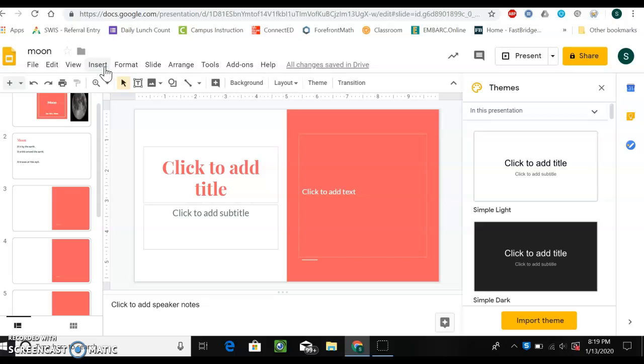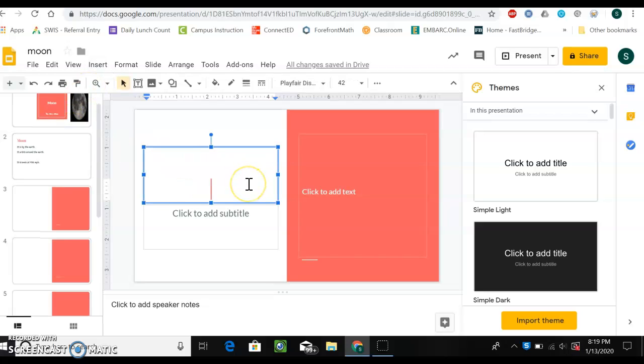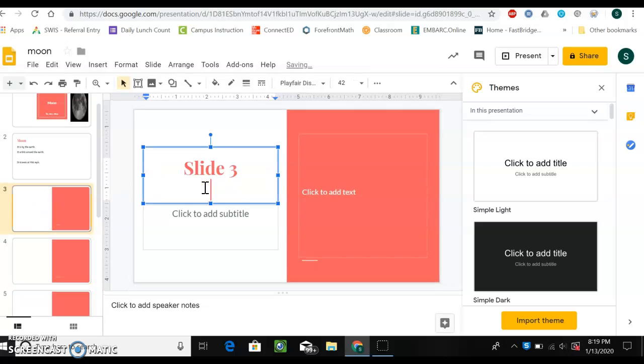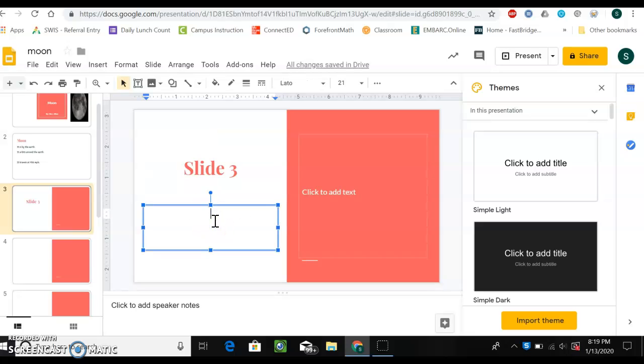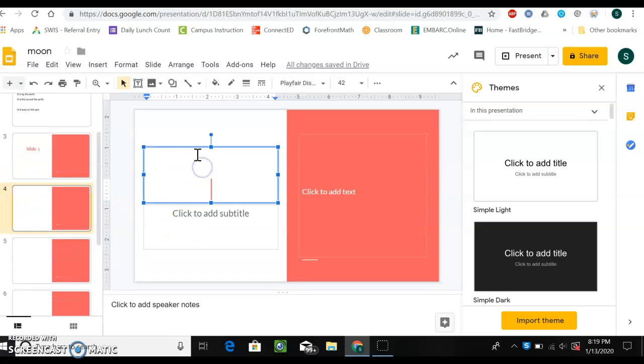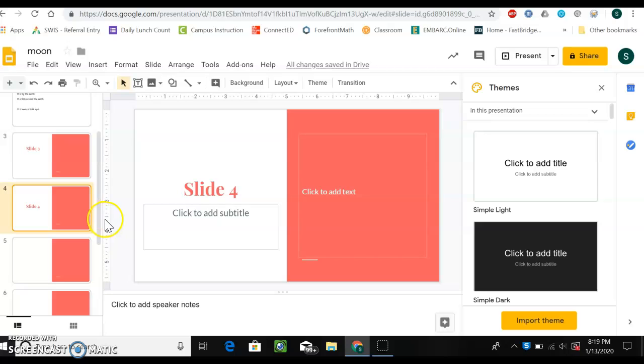Now the other thing you can do, and I'm just going to type on this and call this slide 3. Okay, and then notice over here it keeps a continuous update of what I've done on my slideshow. Okay, once you've gone through and you are done with all 8 slides and you have at least one picture on each slide,